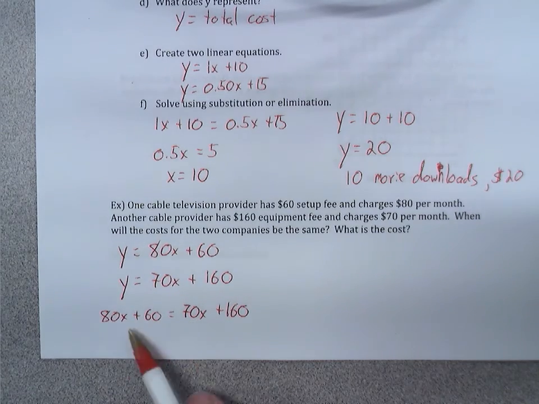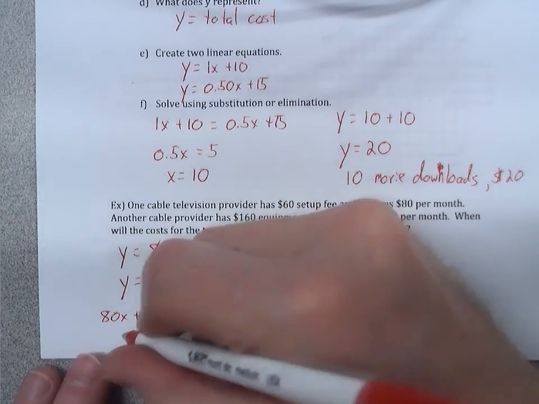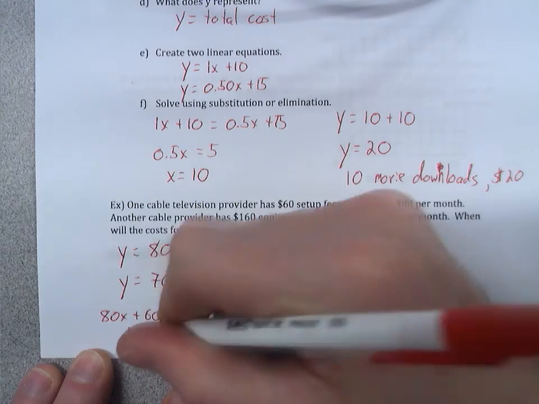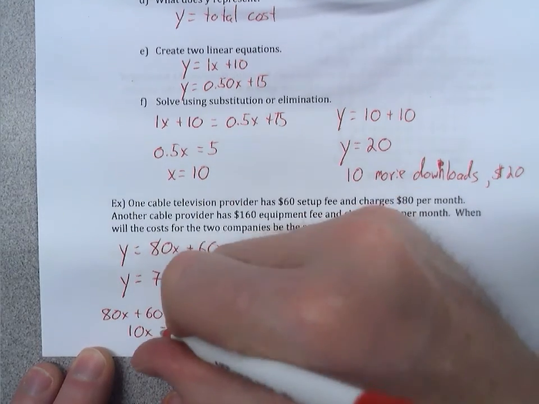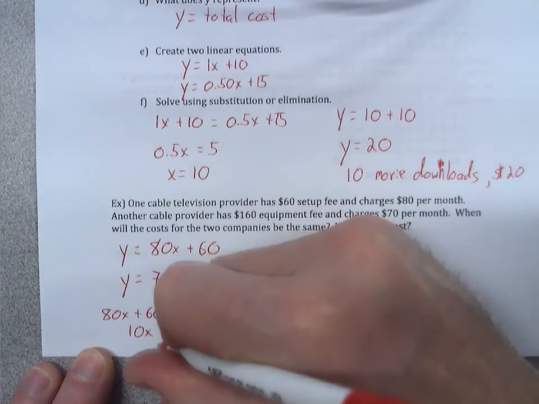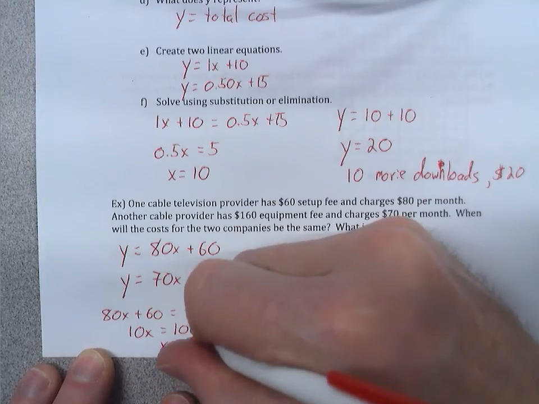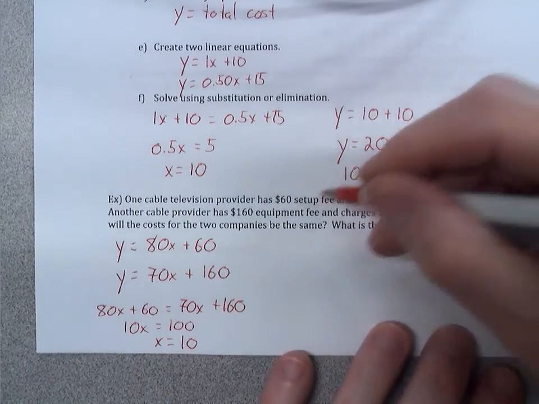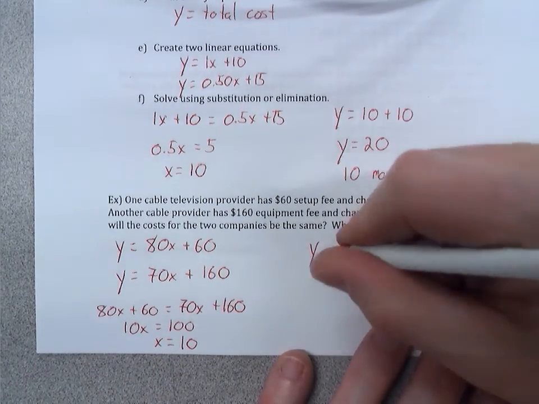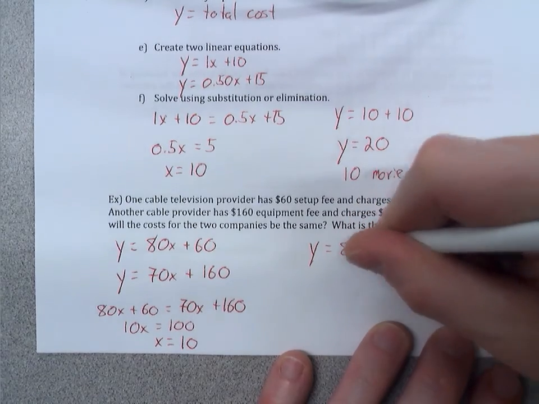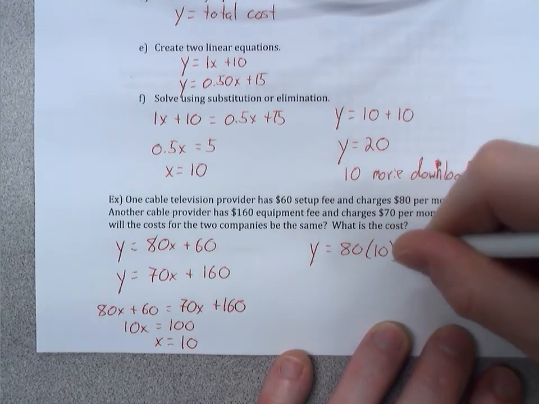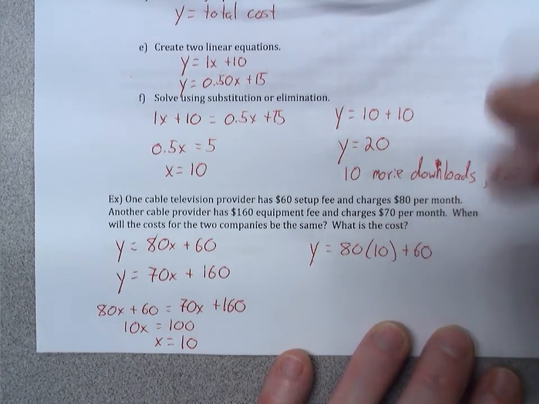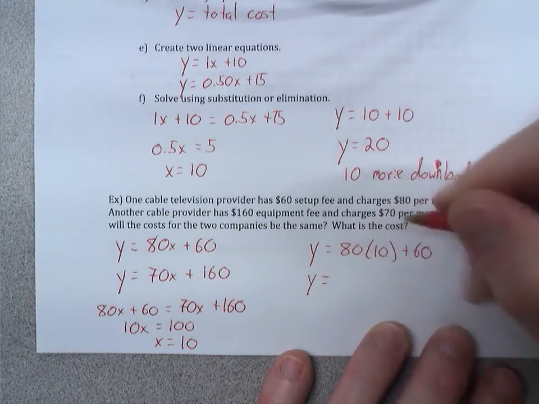I can subtract 70x from both sides, which gives me 10x is equal to 100. Therefore, x is going to equal 10. And then I can just plug that value of 10 back into one of the equations. So y is equal to 80 times 10 plus 60, and y will equal